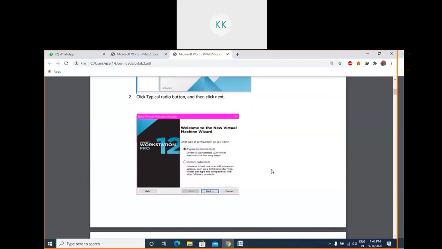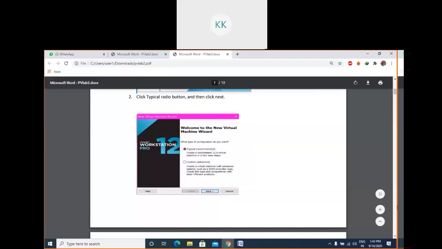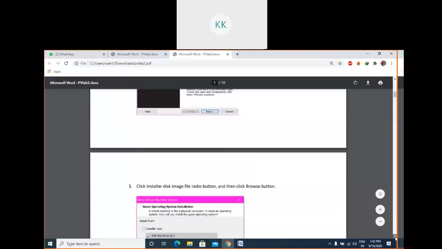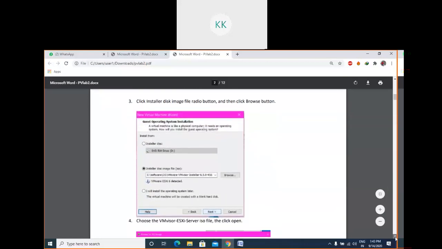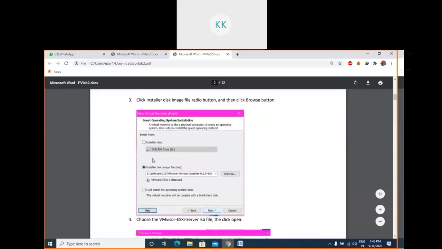You have to click on next. I am holding the screen for sufficient time. If you need some step to be explained more, then please let me know. I suppose you have done this in the past. At this point you have to go for this installer disc image, then go on browse and select this one.